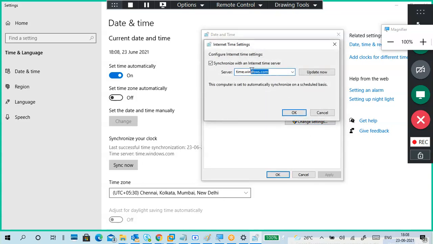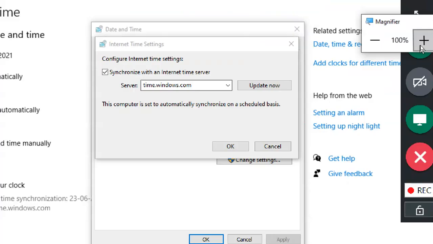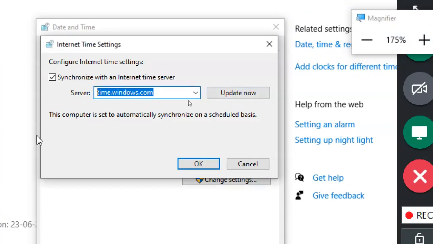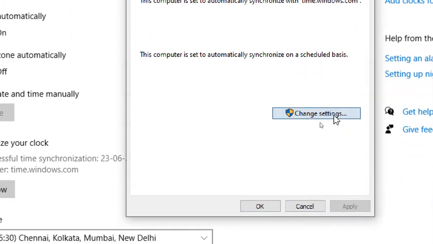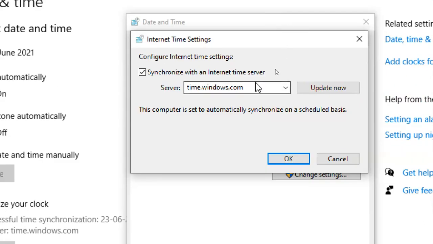Can you see this one? Yes, sir. Time.windows.com. Again, I open time.windows.com. From here, my time is synchronized initially.